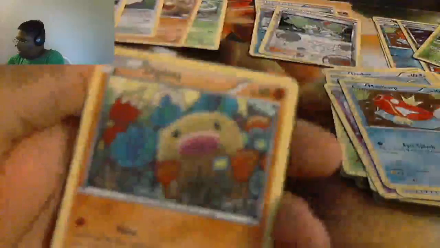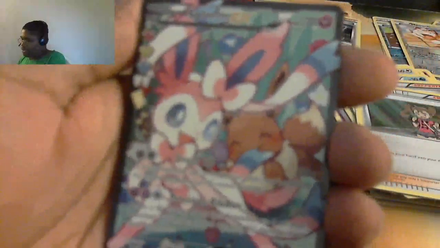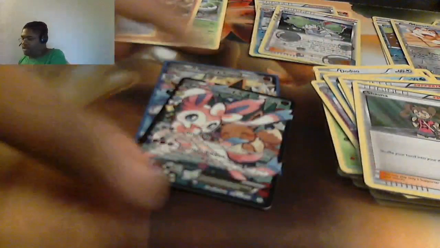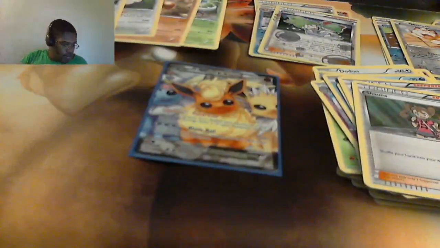So let's see what we get here. Magikarp, a Grass Energy, a Diglett, Paras, Meowth Reverse, Charmander, Pokemon Center Lady, Shauna, Sylveon Full Art from the Radiant Collection, so the evolutions are strong here, and a Machop Holo. This here is the reprint from the Furious Fists set. So that Machamp's going to be sticking around for a little bit longer,